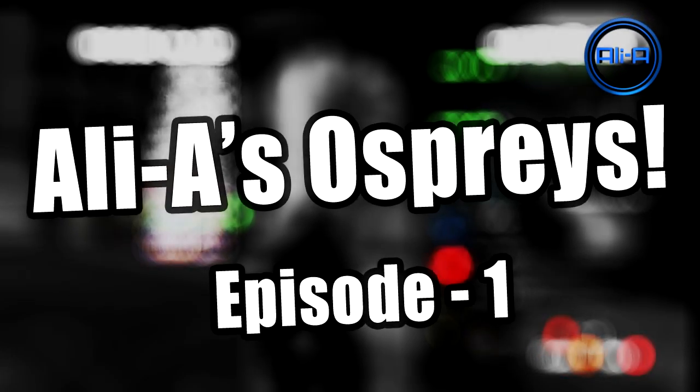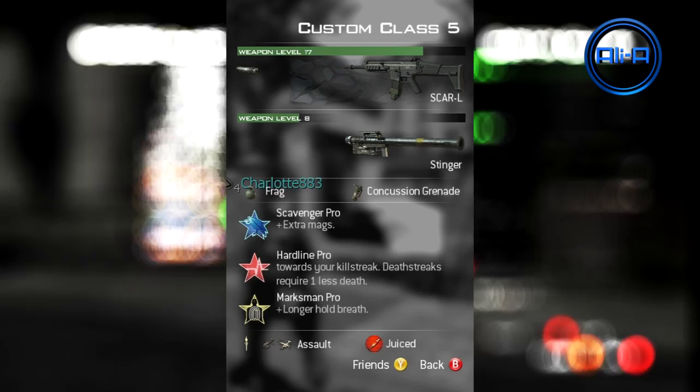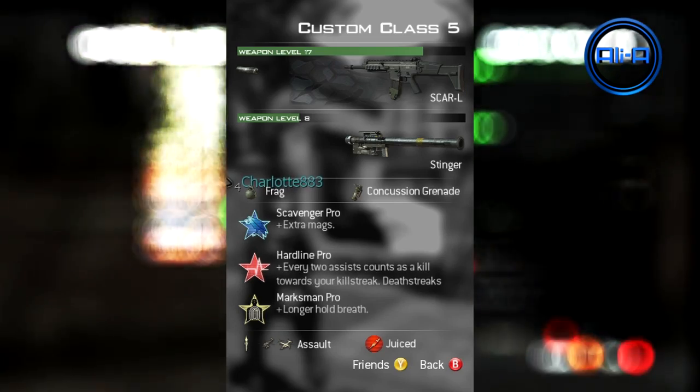What is up, guys? My name's Ali and welcome to the first episode of my Modern Warfare 3 Osprey Gunner series. Ali's Ospreys is the name I've gone for. This is episode 1 and the class on screen is what I'm going to be using for this episode